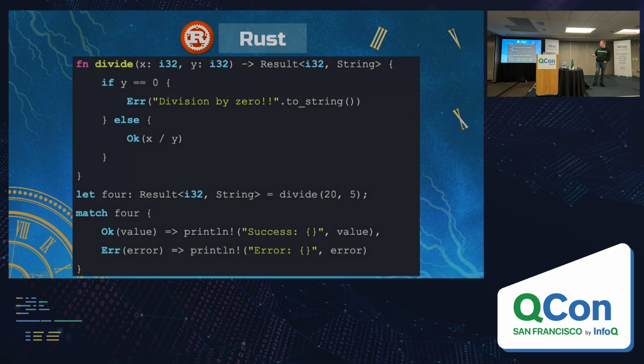So here's kind of a Rust equivalent of that. In Rust, there's this type called Result. And any instance of Result is either Err or Ok. And then it's a generic type, so if it's a success, if it's an Ok, then the type is going to be this integer 32-bit, and if it's an error, then the value is going to be a string. And then we can use this pattern match statement and say, if it's Ok, then I'm going to do something with the success case, and if it's an error, then I'm going to do something with the error case. And in these case statements, we get back the types that we declared in the Result declaration.